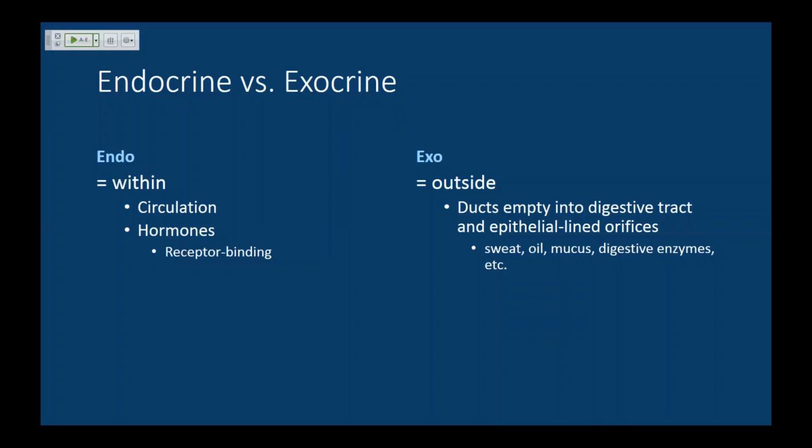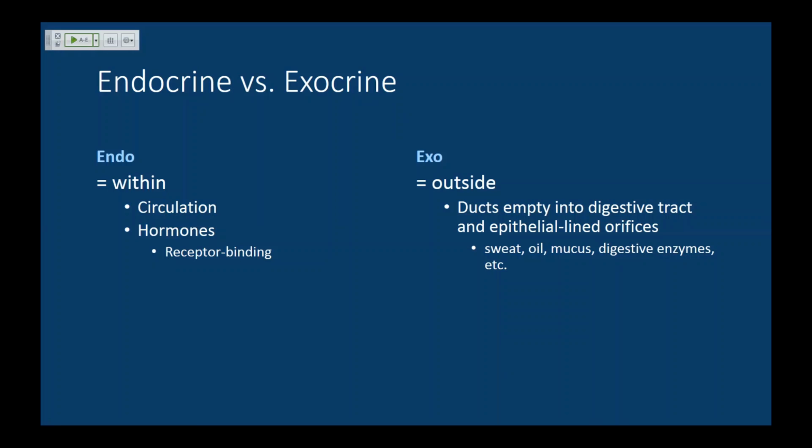Just a detail thing, endocrine versus exocrine, they're absolutely not the same thing. The words come from these roots, endo meaning within, and those are compounds that are secreted in the fluids within the body. That would be the circulation, basically the bloodstream. Those are the hormones that we're going to talk about today. Again, they're going to bind receptors to exert their effects. Whereas exocrine is totally different, and these are secreted into the external environment.